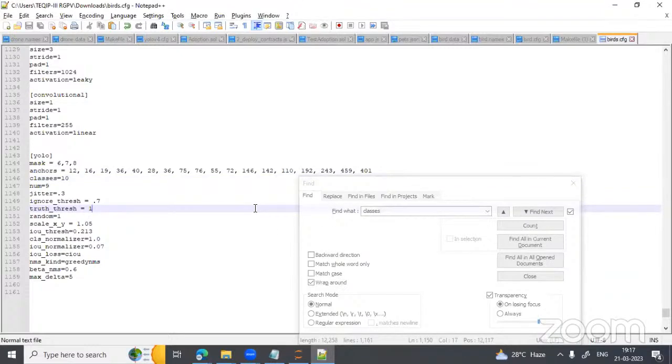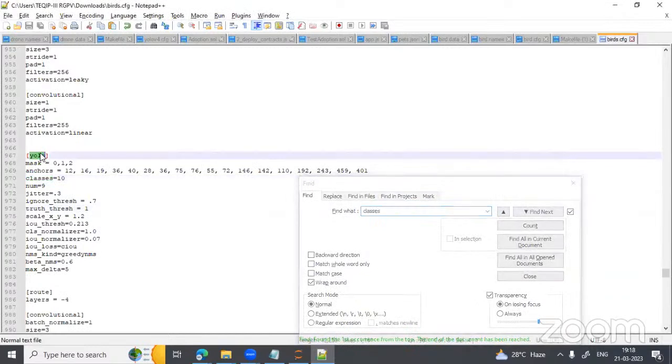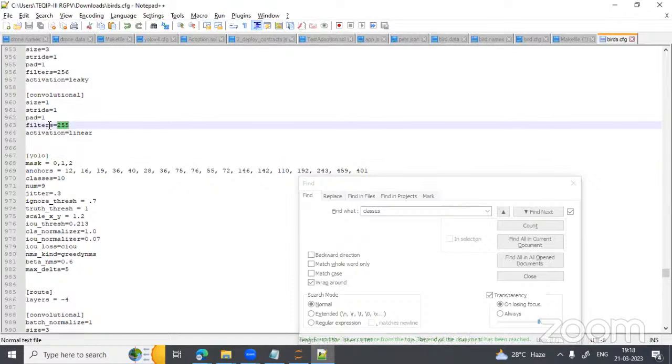One more change and then your configuration file will be ready. Whenever you are searching for classes, you will find this is our YOLO layer, the output layer of the YOLO. And just before that, the number of filters is 255. You have to make the changes in the filters. So the formula is, as explained by Vibharti sir in the theory class, you have to give it with the number of classes and the annotation, because 5 is the number of elements we have in the annotation file. So accordingly, the formula is number of filters will be